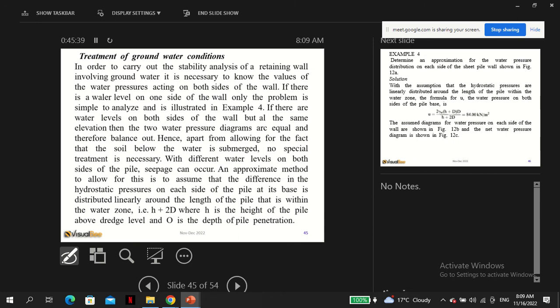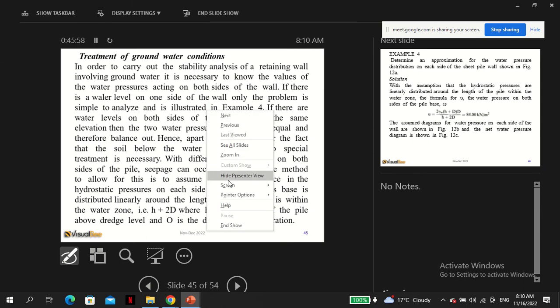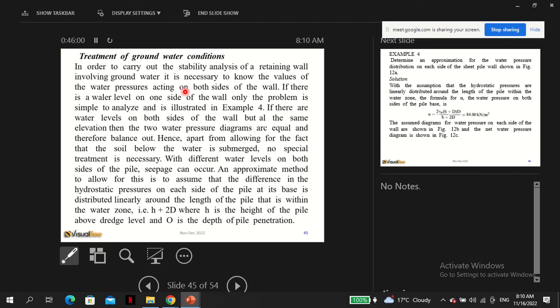And the treatment of groundwater conditions. In order to carry out the stability analysis of a retaining wall involving groundwater, it is necessary to know the values of the water pressure acting on both sides of the wall. If there is water level on one side,